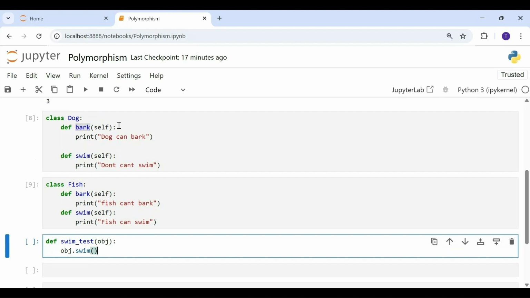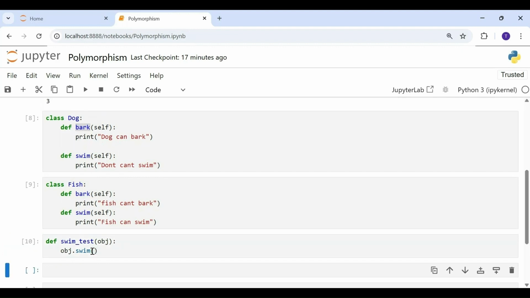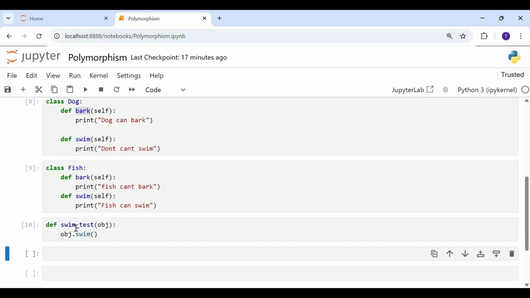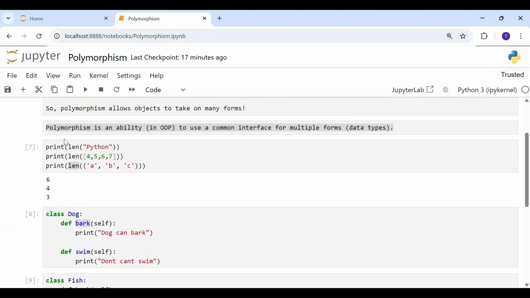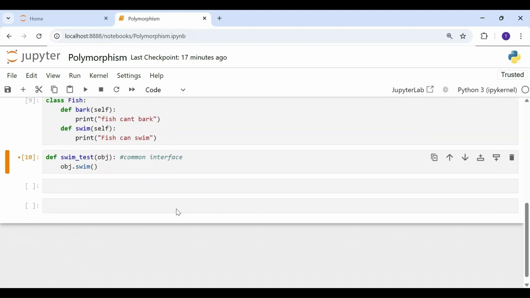The method doesn't take any arguments. Self is implicitly passed. So this will do the job. Now swim underscore test here is our common interface. We said polymorphism is the ability to use a common interface for multiple forms, for multiple data types.